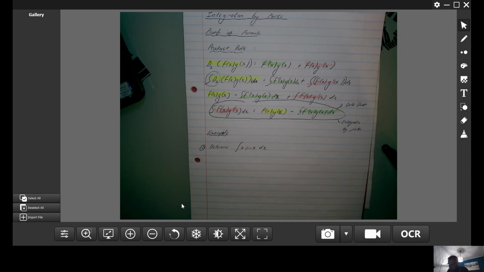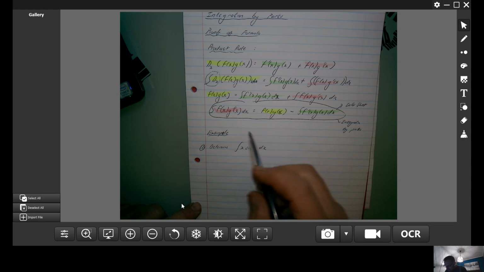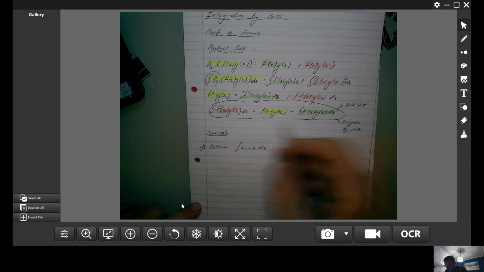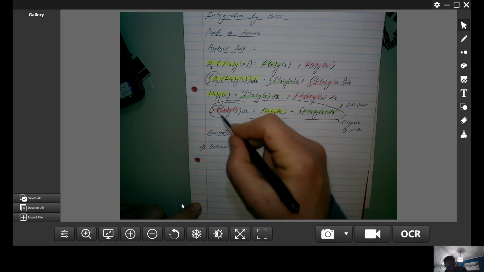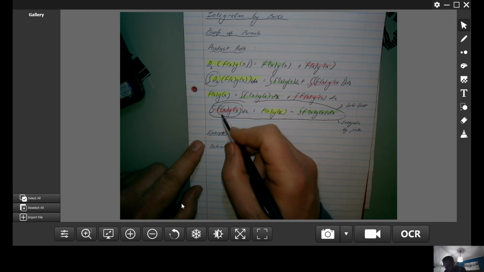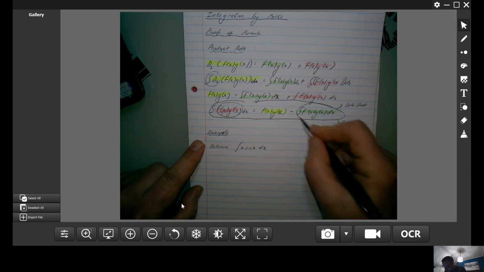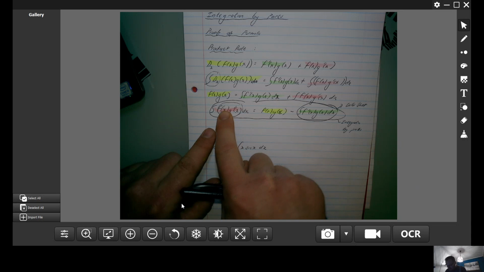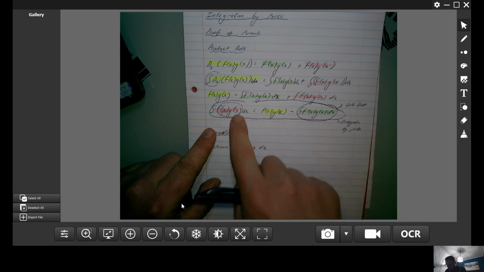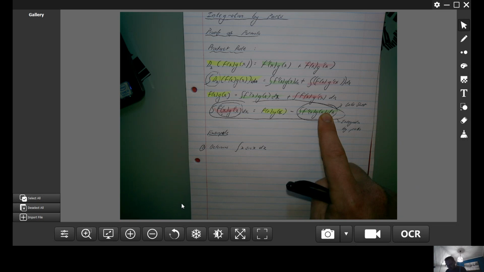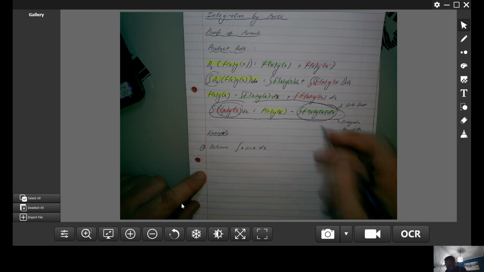Okay. Now, how do we use this? Well, I'm going to do an example now. The key bit really is that this integral here in green is made up of f dash x, the derivative of the one bit. To get to g of x, you start with g dash x, and g of x will be the integral of g dash x. So the key idea is